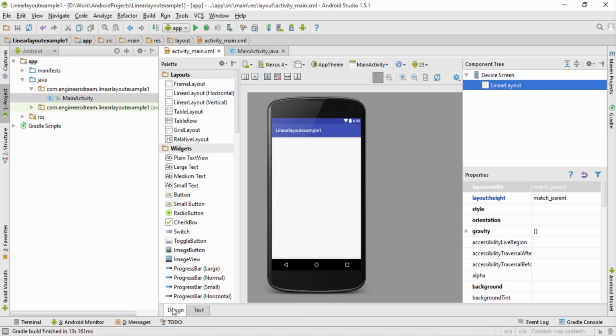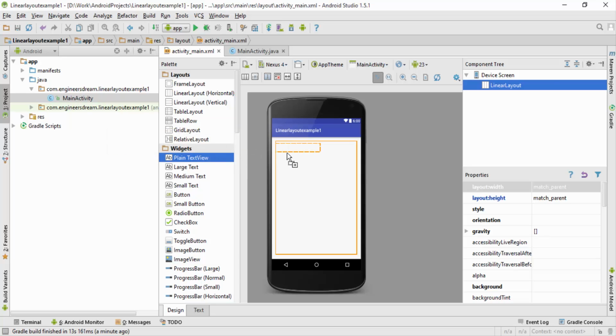Next, I'll go to the design tab. Now always remember one thing guys, the linear layouts are of two types. First is the horizontal linear layout, and second is your vertical linear layout. In horizontal linear layout, what basically happens is all the components are placed neighboring to each other. Like by default, this linear layout which I have over here is a horizontal linear layout.